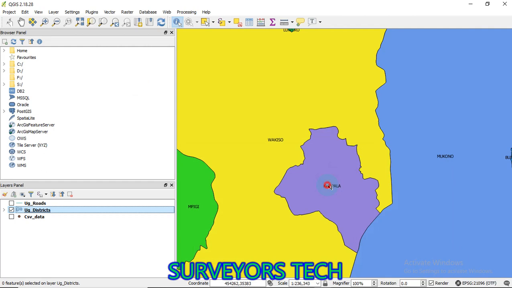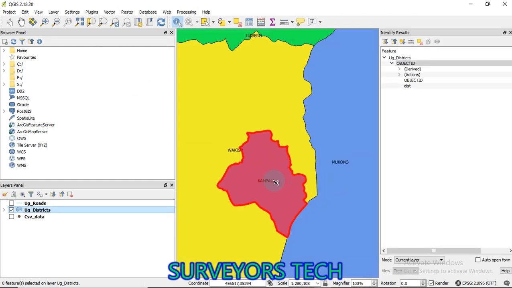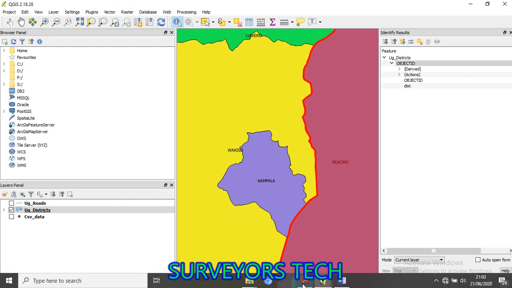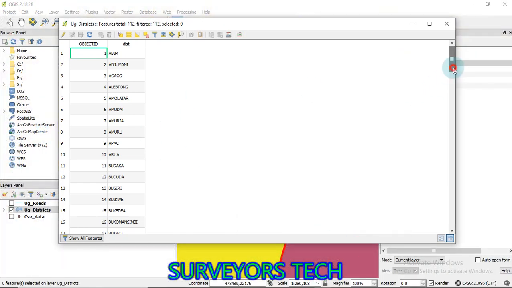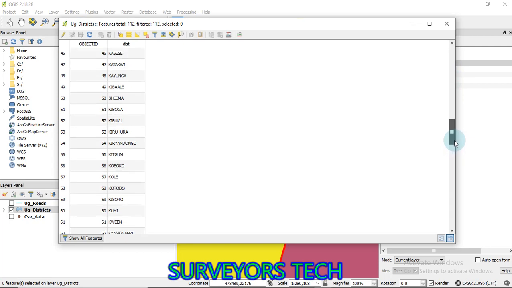Still, let me see. Let's first check this, it is Wakiso. Wakiso is yellow, but for us to know that it is selected, we can see it from this side. If it is selected, we can see that from this side. Kampala is here, meaning it is not yet selected.